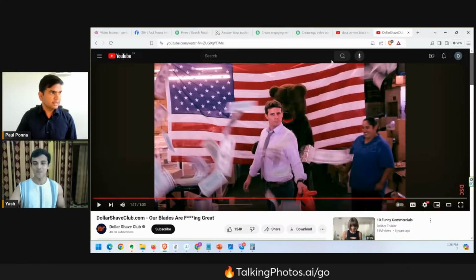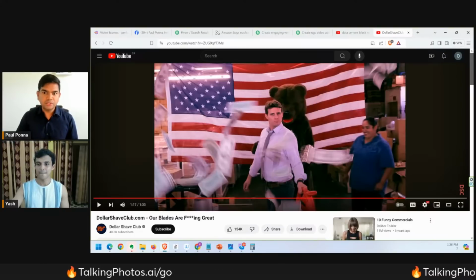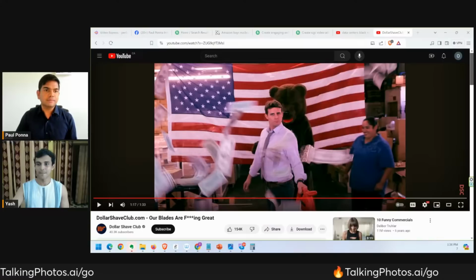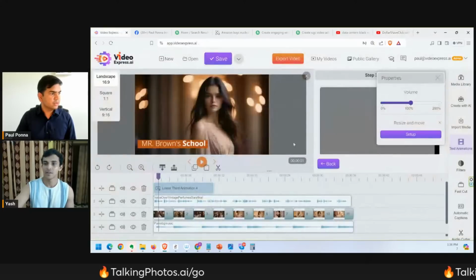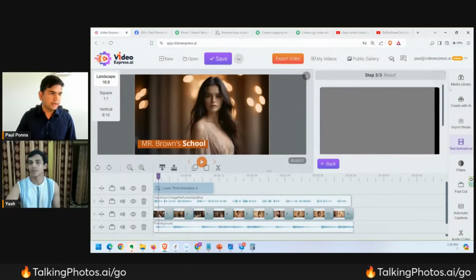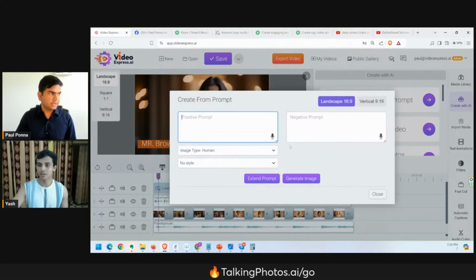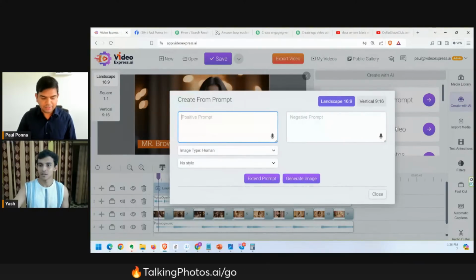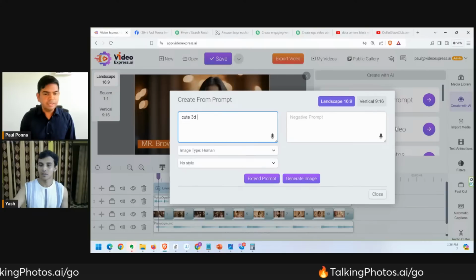So similarly, what I'm trying to say is that at the end of the day, as with all technologies out there, the fundamentals will always apply, right? If you go into, let's say, the Video Express application, or you go to Talking Photos or whatever. I mean, who would have thought you could just create an image with a prompt, just put something in and you can create it? Like I could say Disney, let's say cute 3D